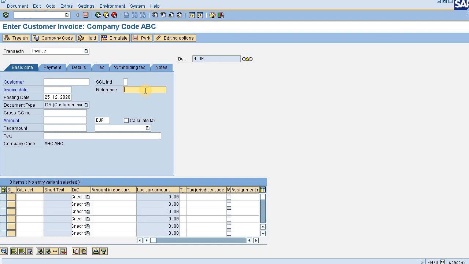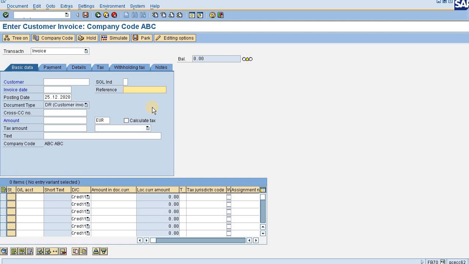So that's the functionality of substitution. Now what kind of value can it be? It can be any hard-coded value, any constant value that you give in SAP, or it may be based on some other fields. Say once we post our customer invoice, we want the posting date to be updated in the reference field. That may happen. Generally, once a business runs their system, whatever value they provide against each and every field has some inner meaning.